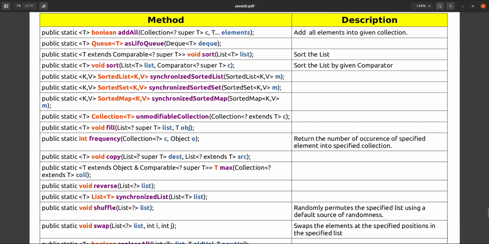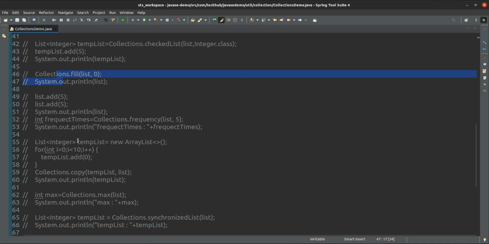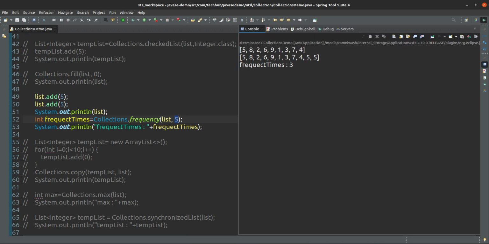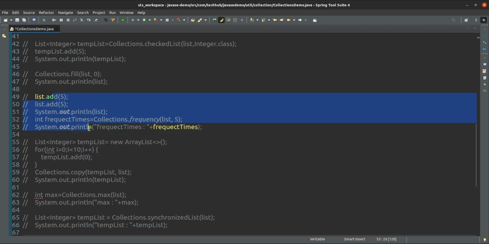Okay, next one is frequency. Frequency means what? This is a fill. Yeah, this is a fill. This is a frequency. Frequency means how many times 5 is coming into this collection. How many times is 5 available? 1, 2 or 3. 3 times is there. So the frequency of 5 is 3. Okay. Next one is